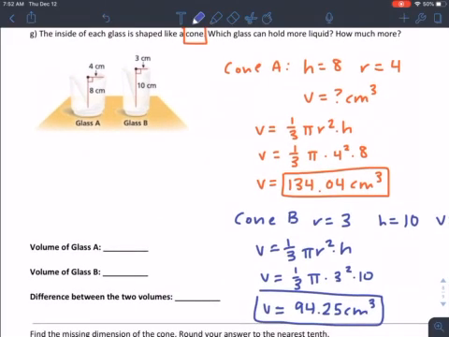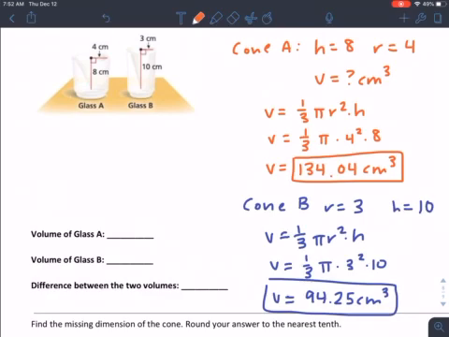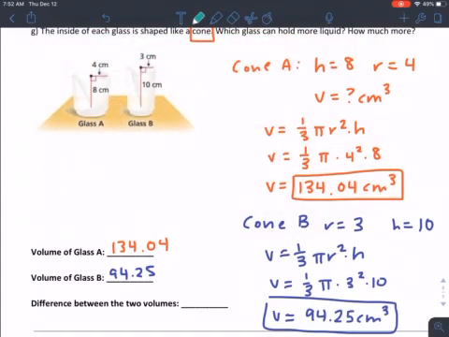Now, I do have these little spots ready for you. The volume of the cone in glass A was 134.04. The volume of the cone in glass B was 94.25. So the difference between the two: we're going to say glass A is bigger, because it has a bigger volume, or cone A really is bigger. Then we have to say how much bigger. So we take the bigger one, which is glass A, 134.04, and subtract the smaller one from it, and then we'll find the difference. The difference between these two is